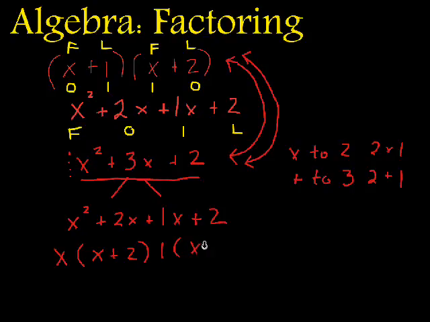Now this looks confusing for a lot of people because it doesn't exactly look like this. It's close, but doesn't exactly look like it. What we have to do is realize that this x and this 1 come down so that it's x plus 1. And this is x plus 2. Now that seems confusing, but this is a method of